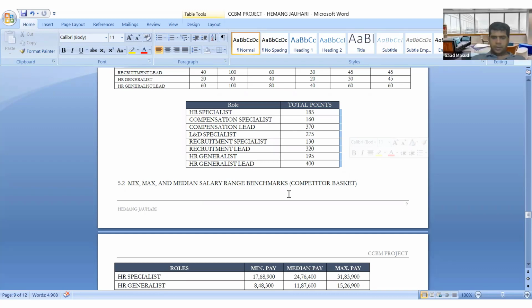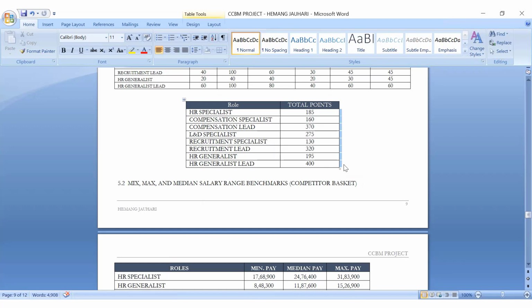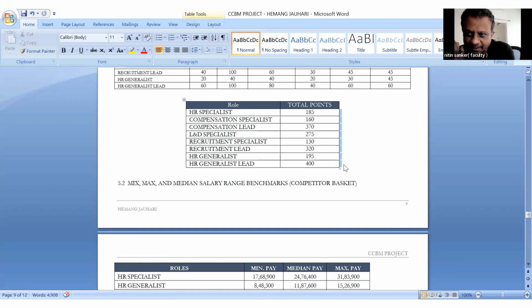Okay. So Saad, you have all the points. You know the market salaries for these 20. When you say market salaries, is it the midpoint, or are you talking about the minimum and maximum both? No, you're taking the midpoint. You're taking the median salary in the market for each job. You can use sites like payscale.com for this. You can go on to PayScale and it'll tell you the median salary for most of these jobs.